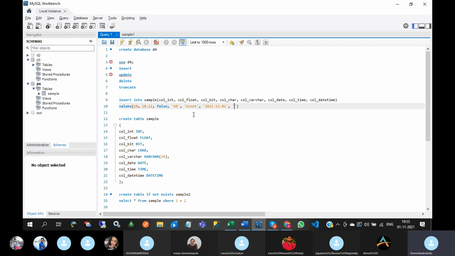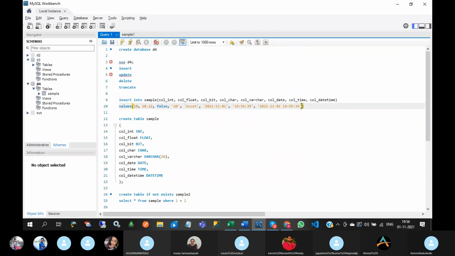Time, only time I need to give. So the time format is hours 19 colon 55 colon, so hours, minutes, seconds. Datetime means we can store both date and time, but you need to give a space between date and time.